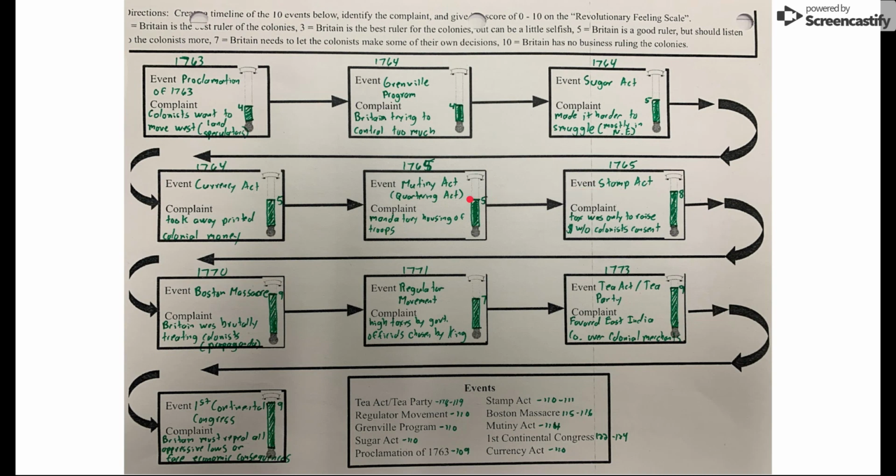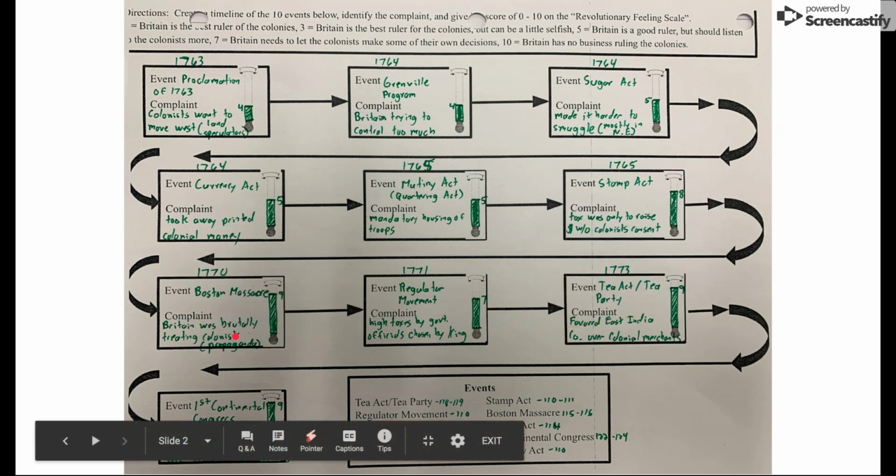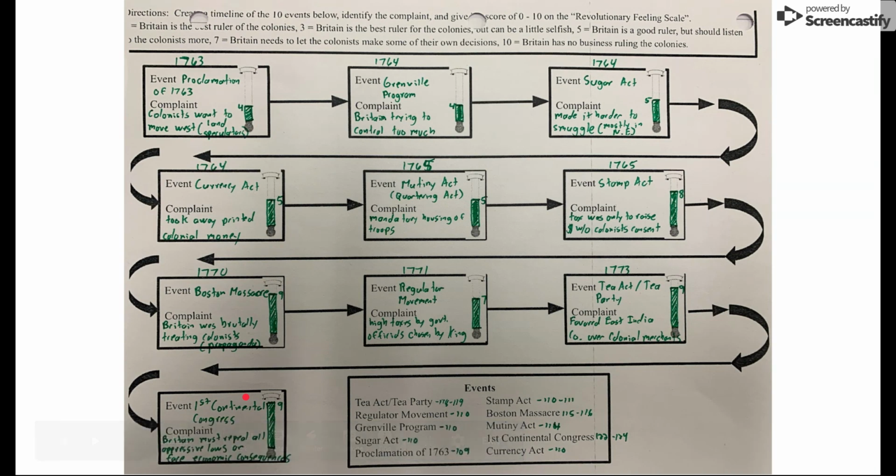Most of these other ones are British actions, but for every action, there's an opposite reaction to it, right? So every time the British government did something to restrict the colonies, the colonists took action in some way or another, by smuggling more, or by dumping tea in Boston Harbor, or issuing propaganda to paint the British as evil, or letting the British know that they're ready to go to war. All these things are colonist reactions to stuff the British have been doing.